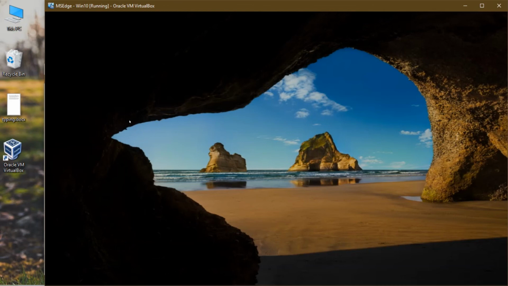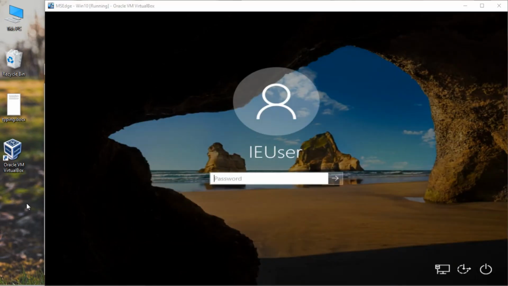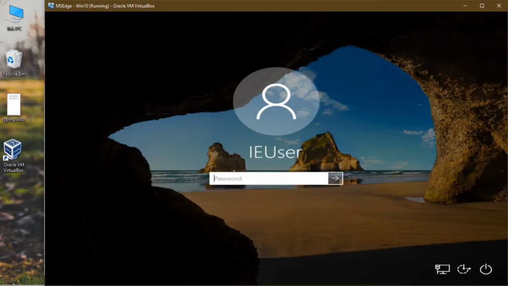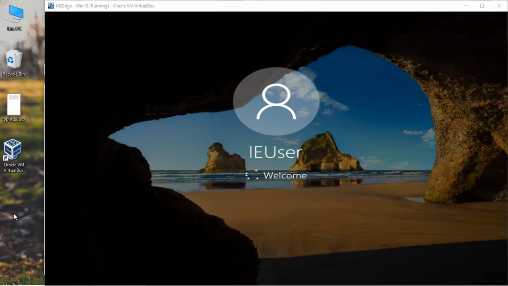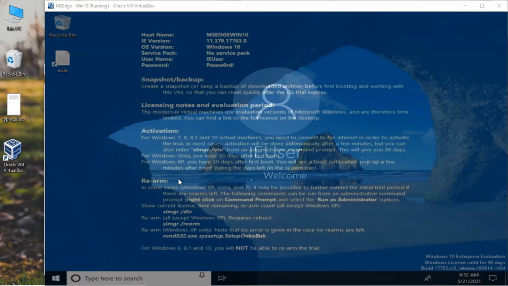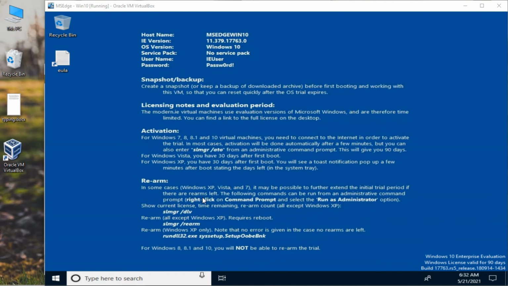It's asking for a password. The password is capital P, small a, S S W, zero, R D, and hyphen, exclamation mark. That's not the letter O, it's zero.